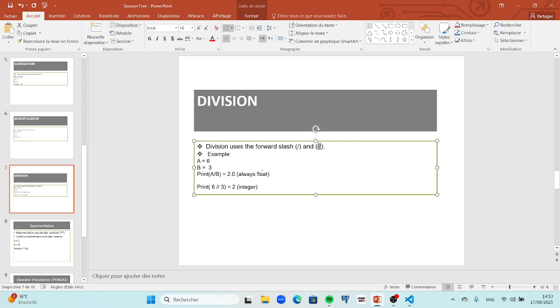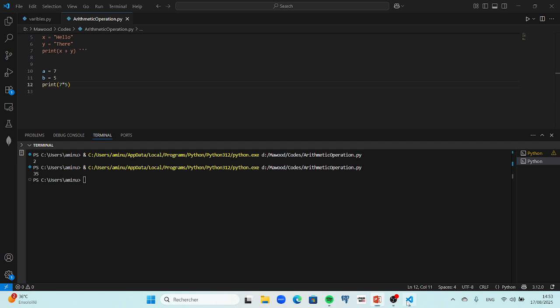The result is always a float number. So what does it mean? For example, a is equal to 12 and b is equal to, for example, 6. If I use a single slash,